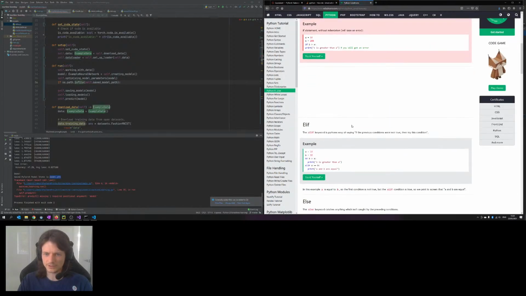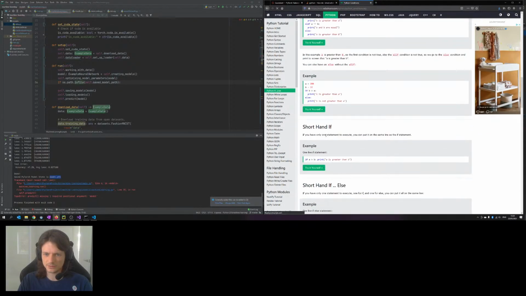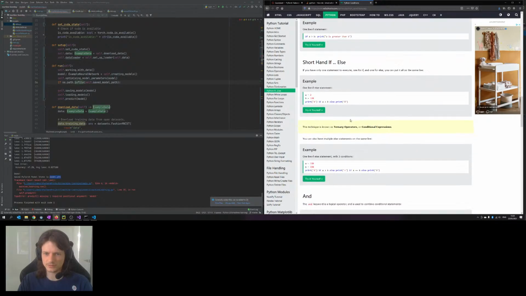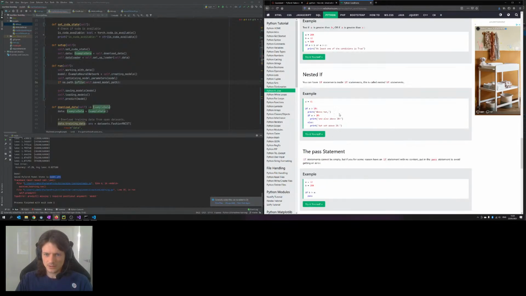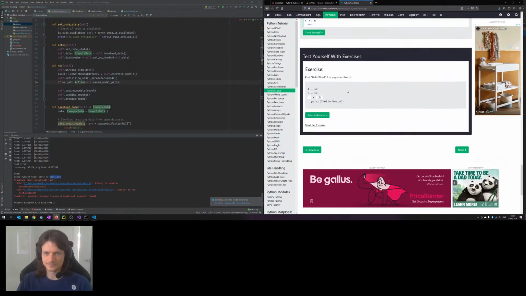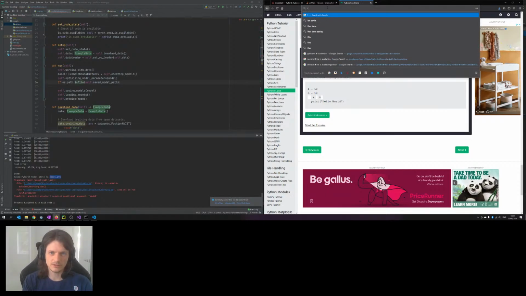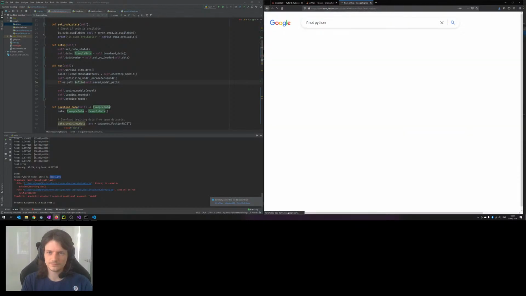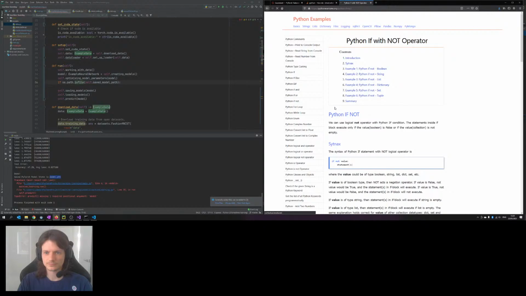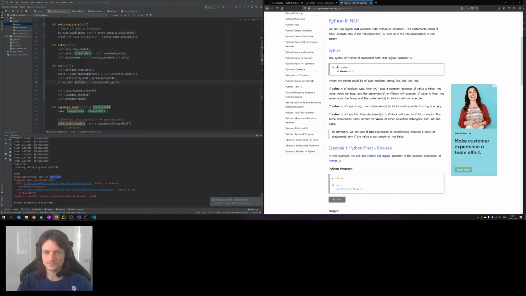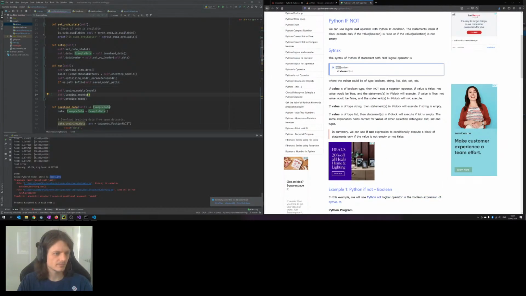If not, Python. If not. Oh yeah, okay. So if it's not a file, then save, else, load,